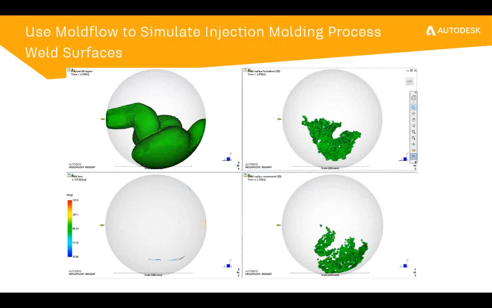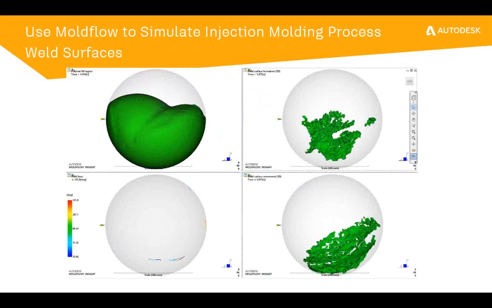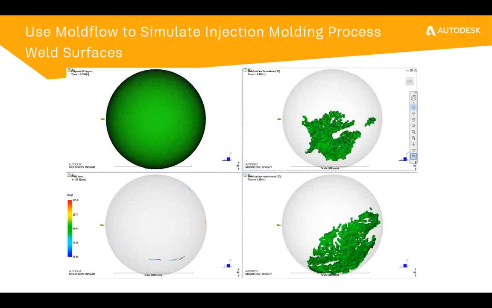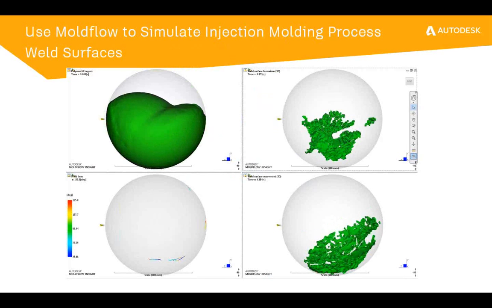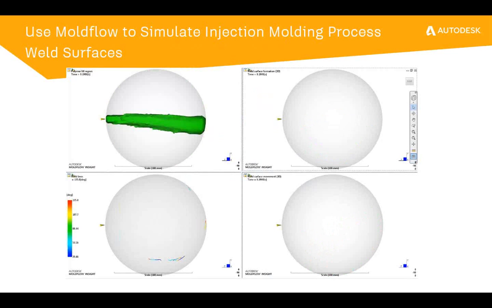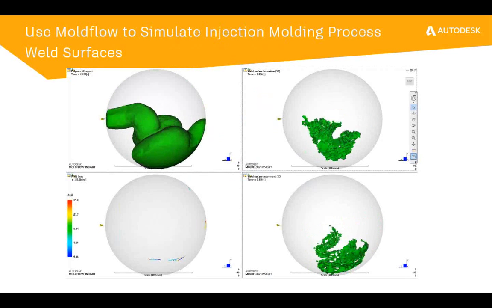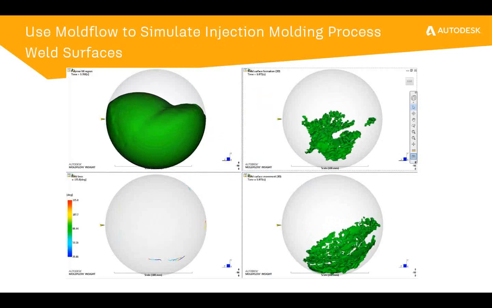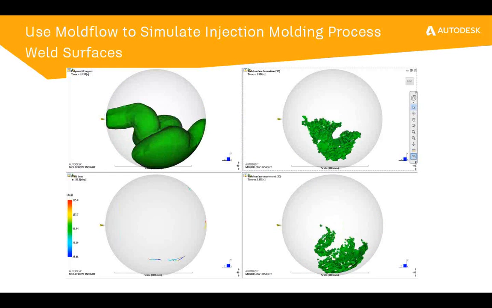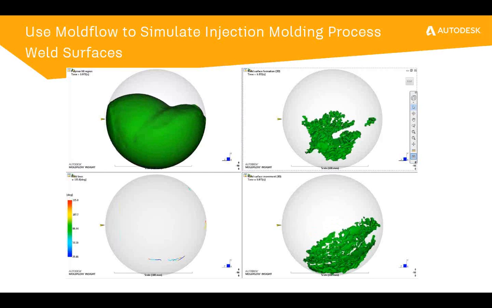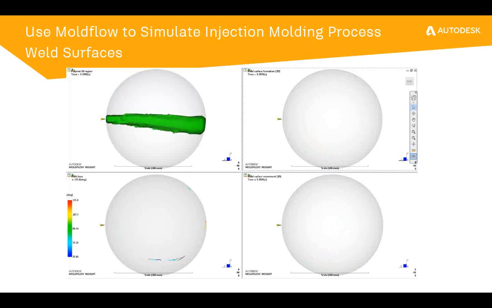Now let's take a look at weld surfaces. This video is showing a filling pattern where we're getting three sets of outputs in Moldflow. You can see the filling pattern in the upper left-hand corner. Let's first focus on the bottom left-hand corner, and this is the surface weld line formation plot that we can